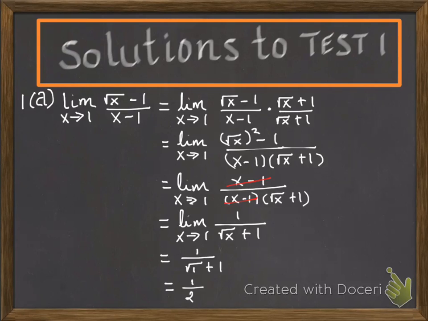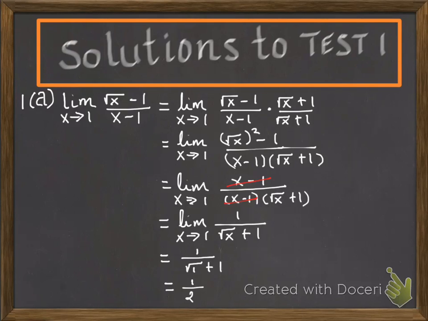Question number 1 asks three questions that are listed there, which require us to evaluate limits algebraically. The first question is to compute the limit of the square root of x minus 1 over x minus 1 as x approaches 1 algebraically. When you plug in x equal to 1 in the denominator, you will get 0. Therefore, in order to evaluate this, we should be able to